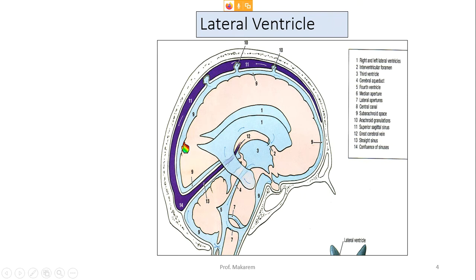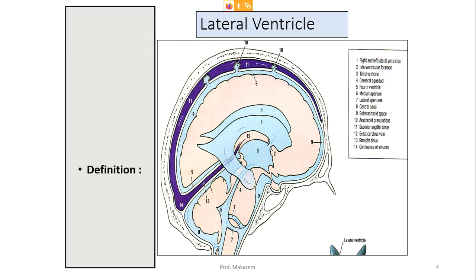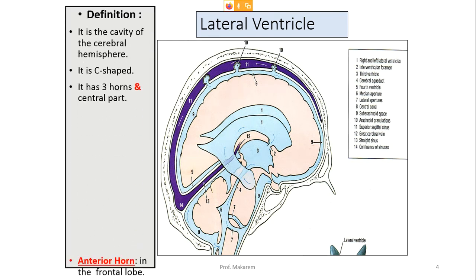Understood? These two lateral ventricles open into the third ventricle. That is the major thing you have to remember. Then coming to the parts of the lateral ventricle. The parts of the lateral ventricle are, one is